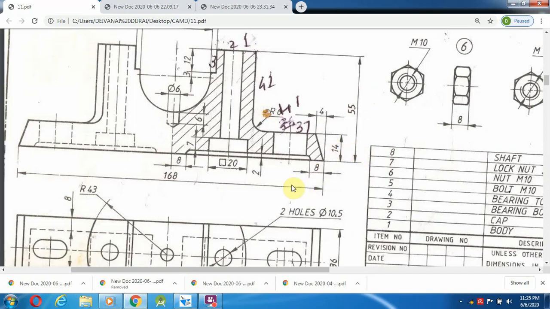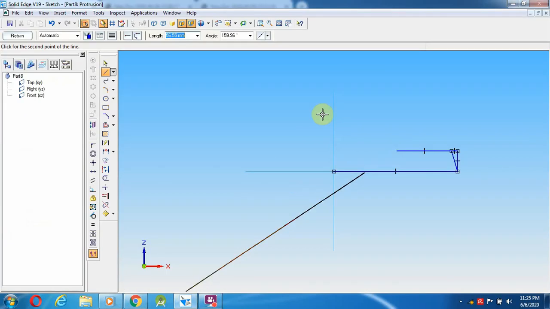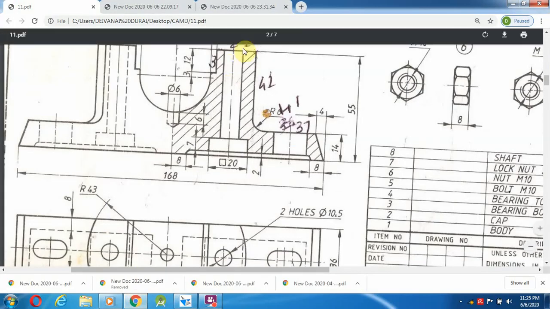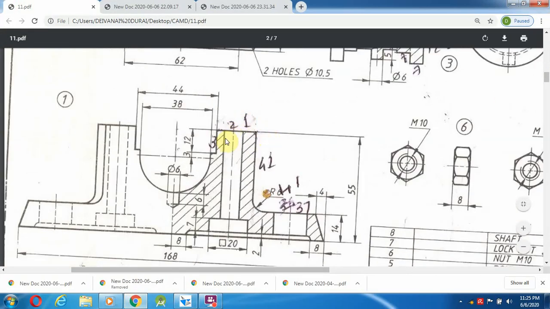55 minus 14, that is the 44 mm height. Going to make 4 1, enter. Okay, so now those lines it does not require, so I am going to trim them. Okay, so after this, how many mm do I have to move towards the left?